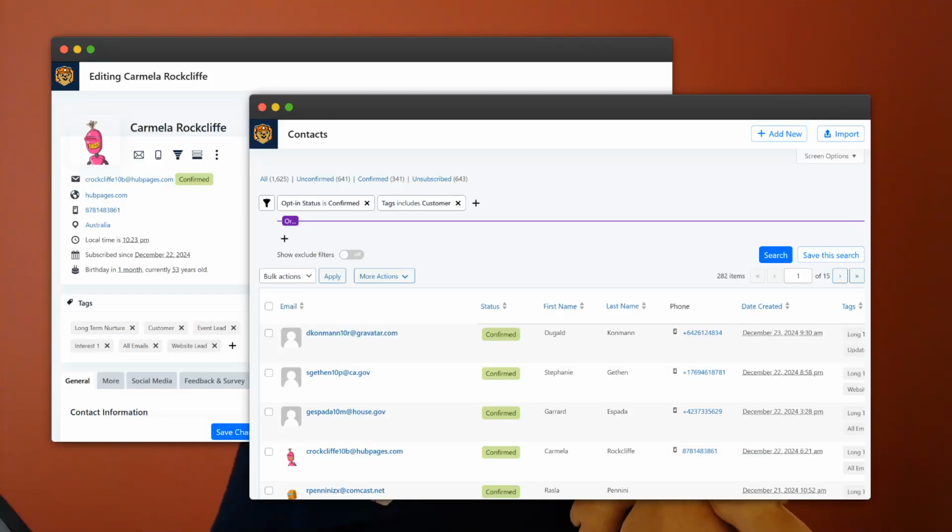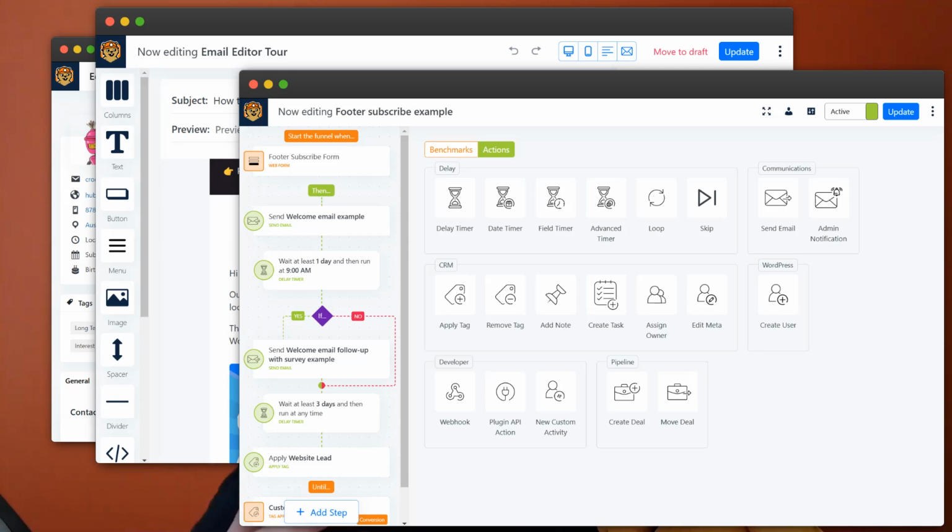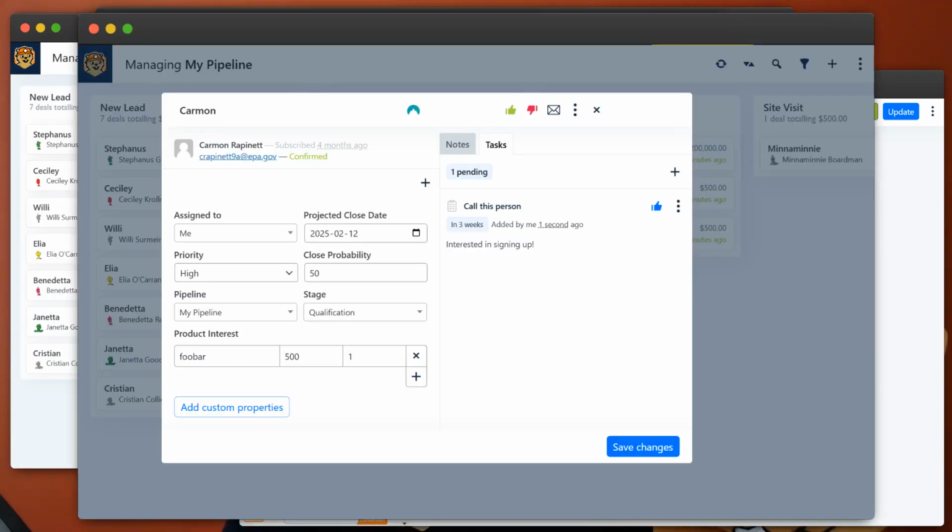You can manage and segment your contacts, send email to your contact lists, build automated funnels, add staff and your sales team to stay on top of leads in your pipeline, and more. Basically, anything that a big SaaS CRM can do, you can do with Groundhogg without charging an arm and a